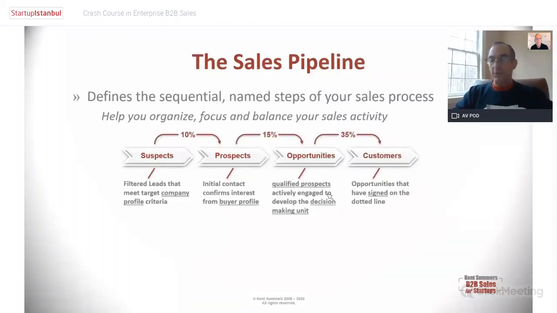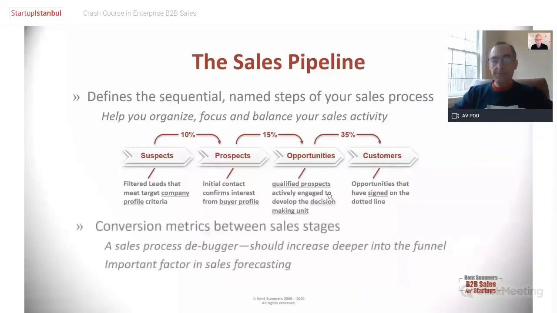There's your conversion metrics. It should increase left to right. If they're not, you are not being disciplined enough or have tight enough criteria in moving the time that you spend with people from left to right in your sales process. These conversion metrics help